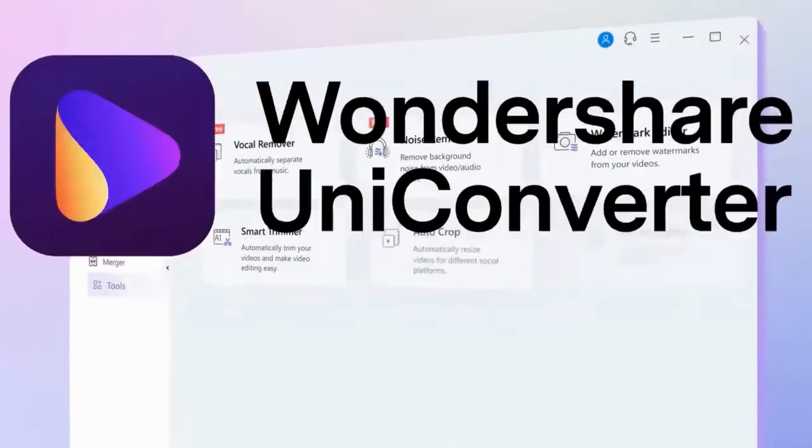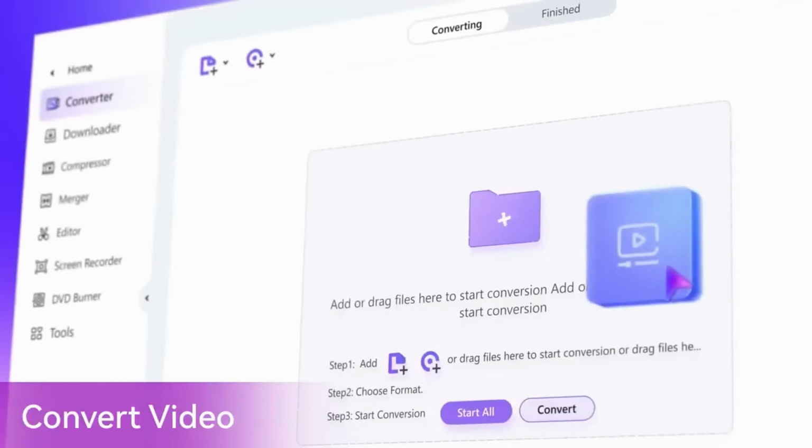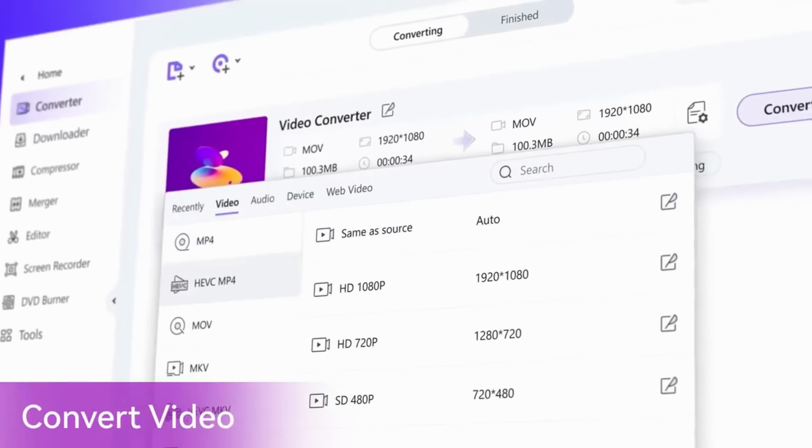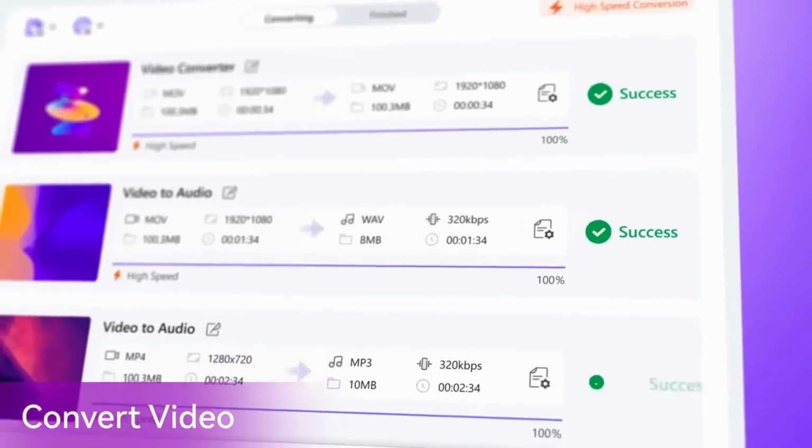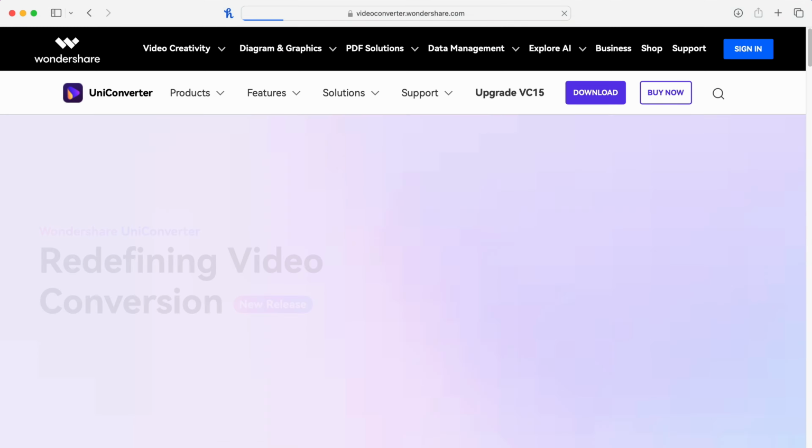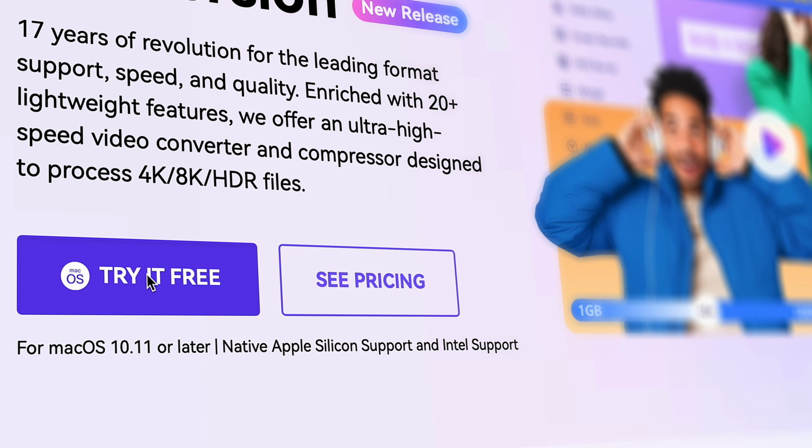Alternatively, if you have a large number of MP4 files that you need to convert into AVI, you can use the UniConverter. The UniConverter is a complete multimedia toolbox, not only with the most powerful converter out there, but also with many AI tools that you can utilize for video and audio editing. You may download it from